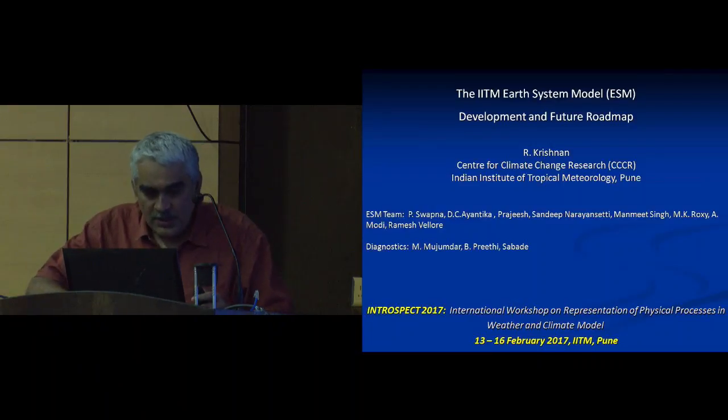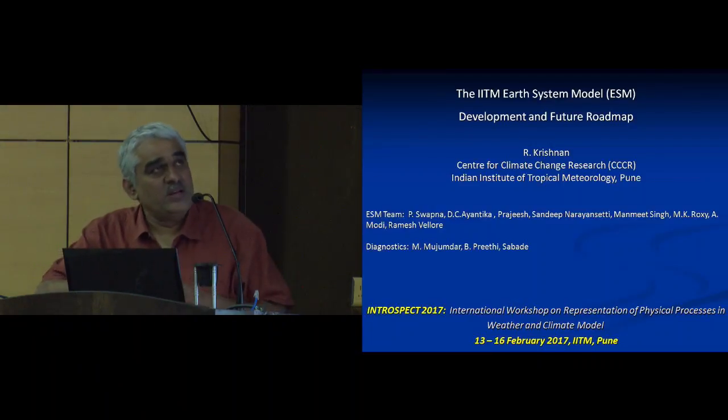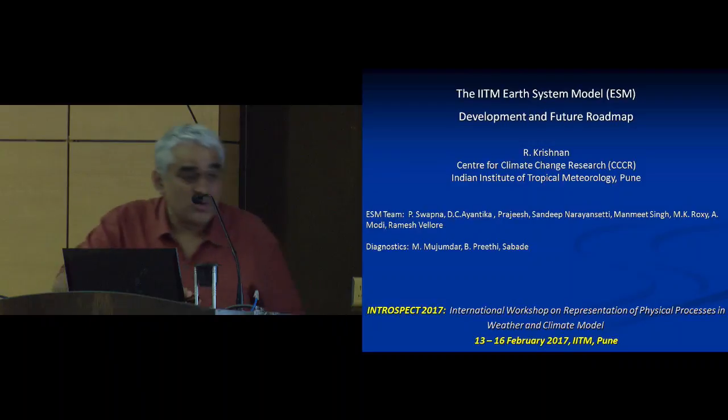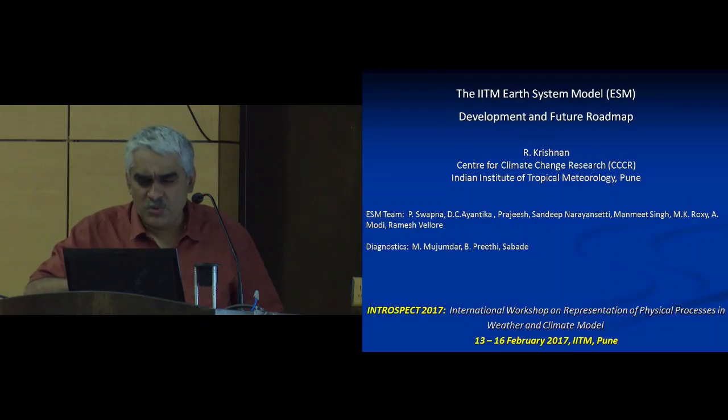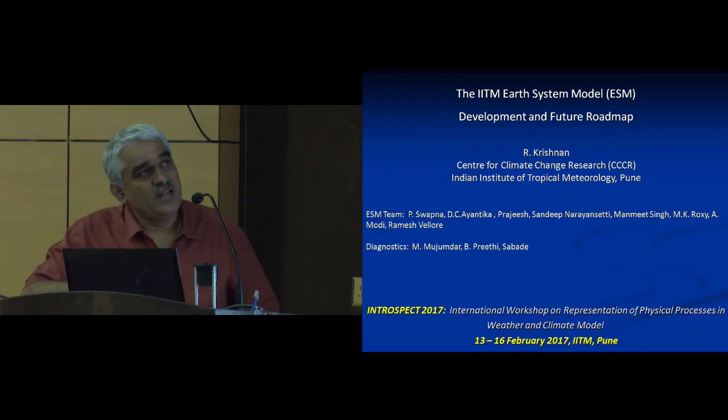So basically we know that in the last century the planet has warmed by about 0.85 degrees, now 0.9 degrees in the global mean. And in India also, the temperatures have increased by similar magnitudes, with more accelerated warming in the last 2-3 decades. And so the attribution in the last report and also in the fourth assessment report, it's very clearly emerging that